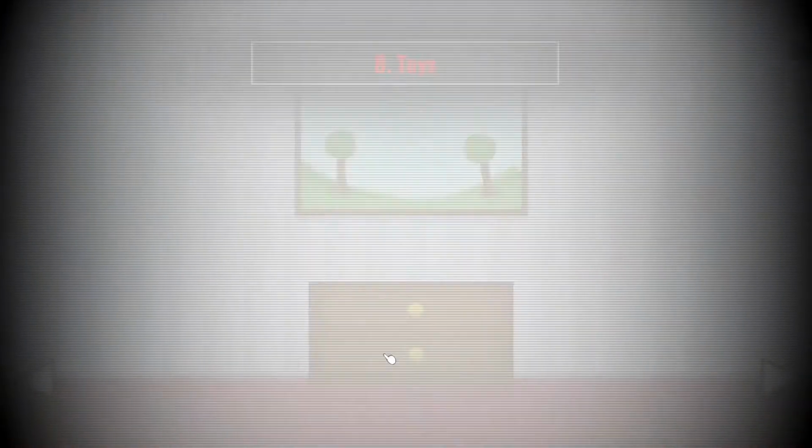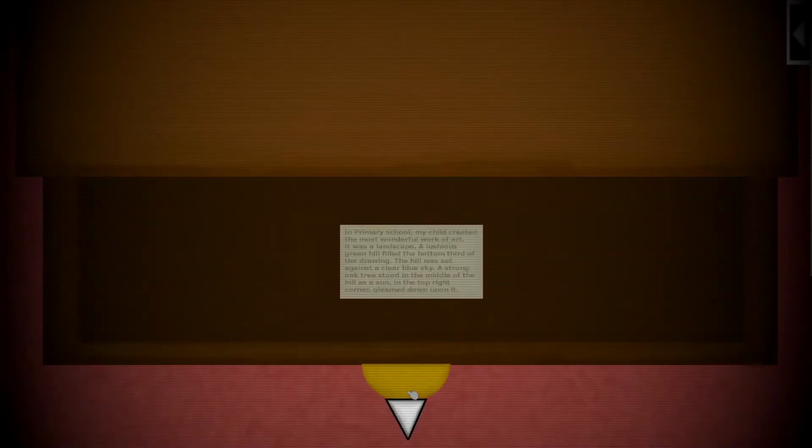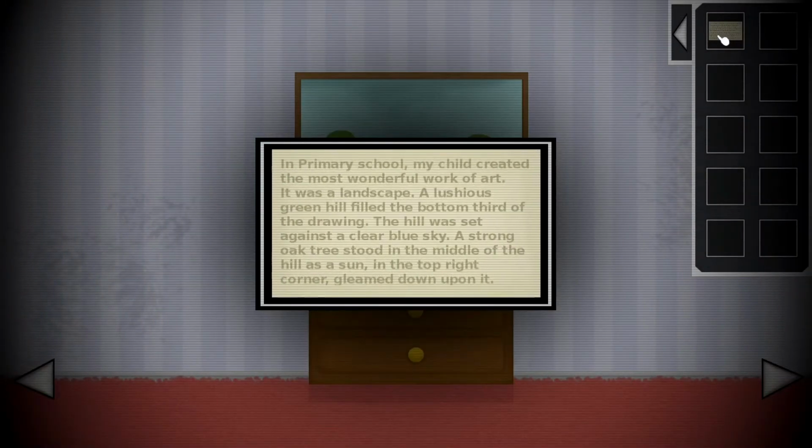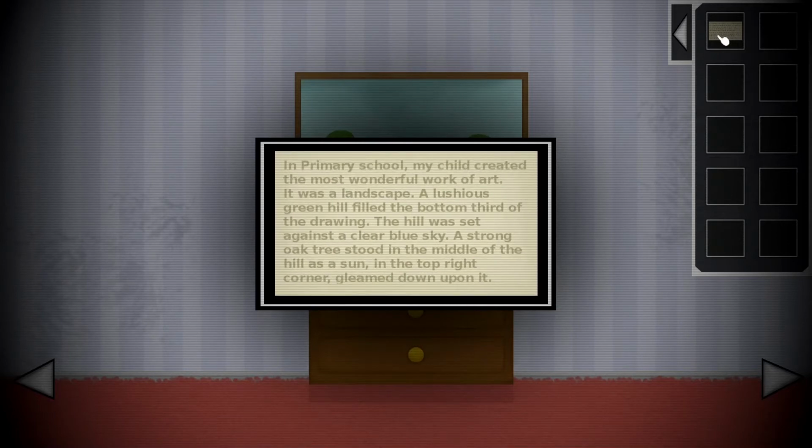In 2019, I created a puzzle game called Hideaway Hotel. Within one of the levels, the player finds a card within a drawer. It reads, "In primary school, my child created the most wonderful work of art. It was a landscape. A luscious green hill filled the bottom third of the drawing. The hill was set against a clear blue sky. A strong oak tree stood in the middle of the hill as a sun, in the top right corner, gleamed